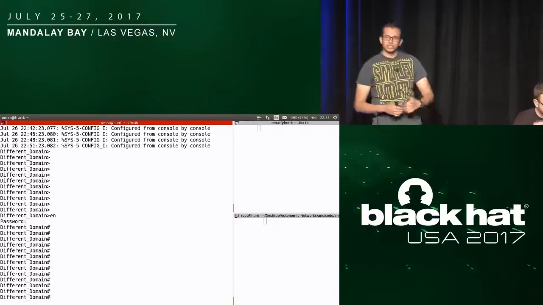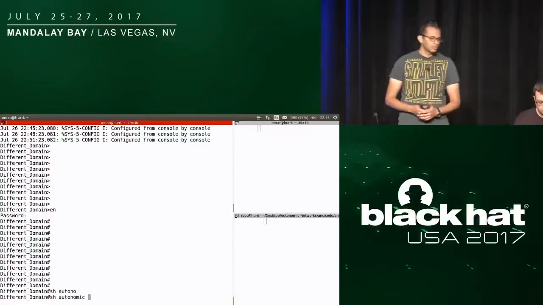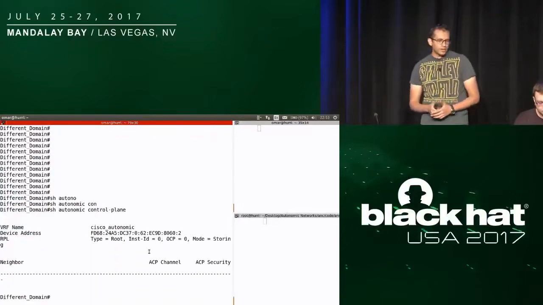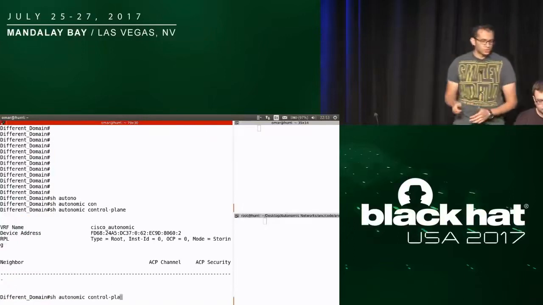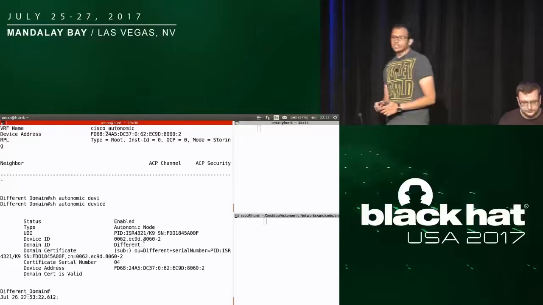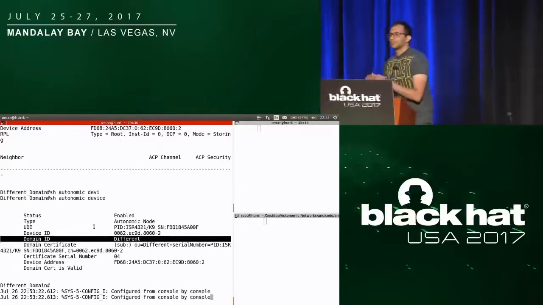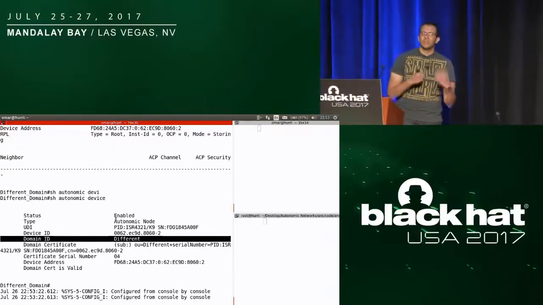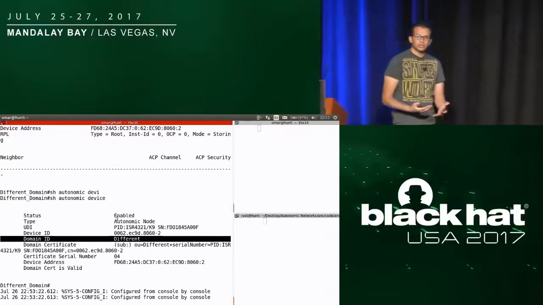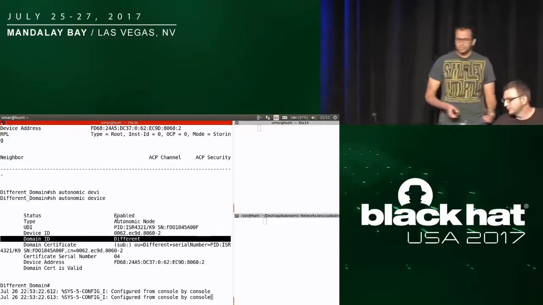If we would like to see what domain it belongs to, we write show autonomic device. And we can see here that the domain name is called different. My original domain name is called ERNW, and I believe once I connect them together, they will never connect. But I'm a little bit curious, so let's try to connect it.